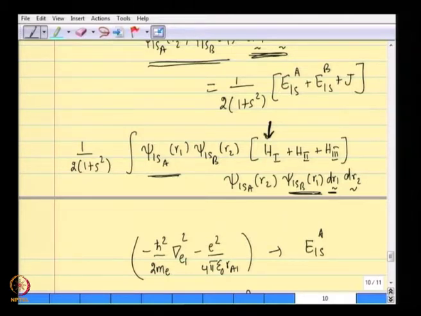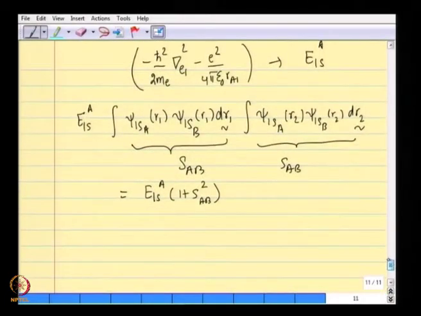I do not need to tell you now, H2 will give you exactly the same answer, because it is all with reference to the electron 2 Hamiltonian, and the electron 2 Hamiltonian acting on the wave function for the psi 1s B is going to give you again E1s B. So, the answer here will be plus E1s B times 1 plus S square AB,